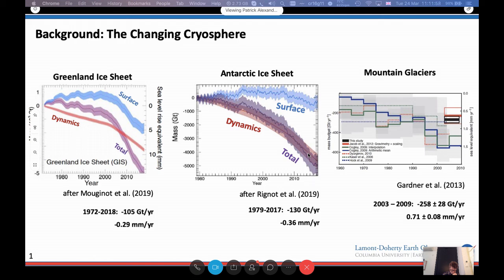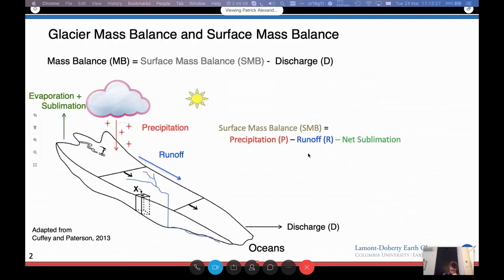For mountain glaciers, most of the mass loss is happening at the surface, but mountain glaciers are a pretty large contribution because they're particularly vulnerable at the moment. So to understand these processes and to better predict how the ice sheet and mountain glaciers are going to change in the future, we need to consider